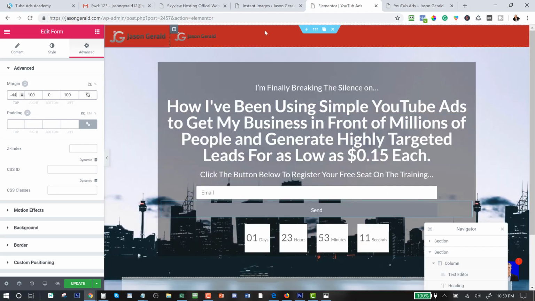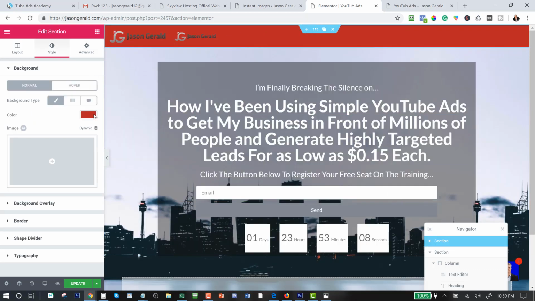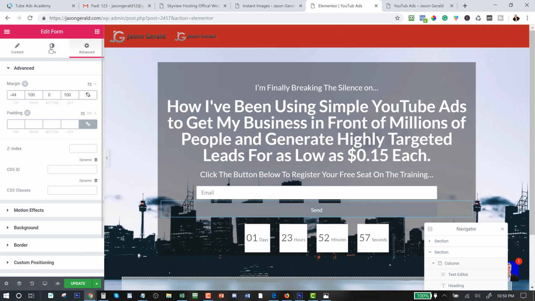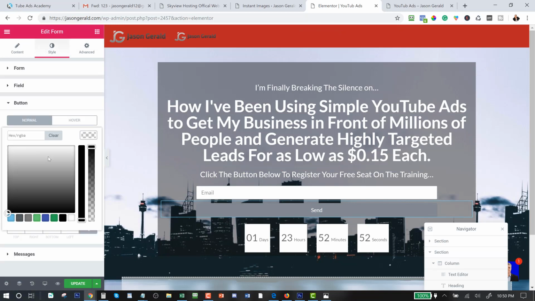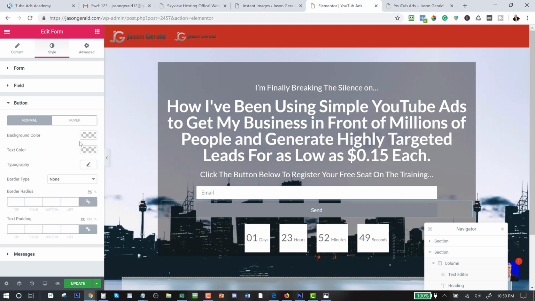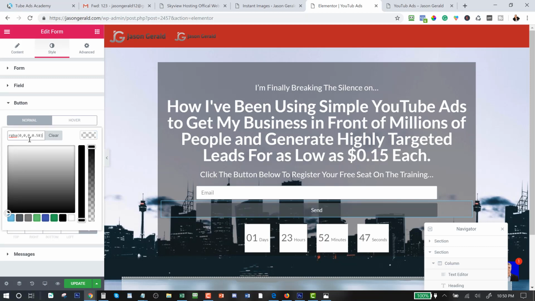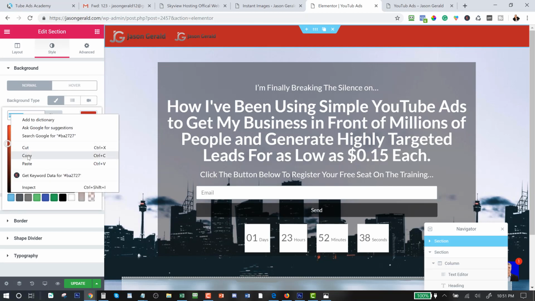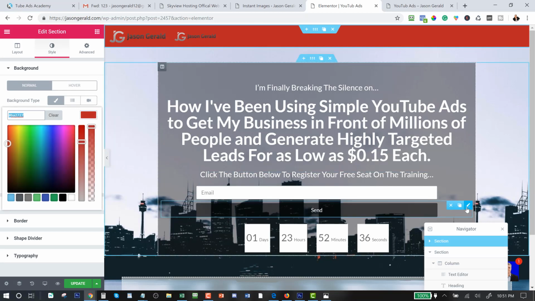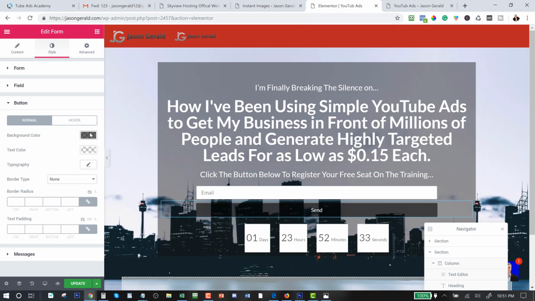All right, looking good. What was the font? What was that color here? I don't know, so I'm going to go steal it from that one up there. I need to go back into the form, styles, and we want to go to button, and do background color of that background color, which was wrong. Go grab it again, highlight, copy, go back into here, button, highlight,